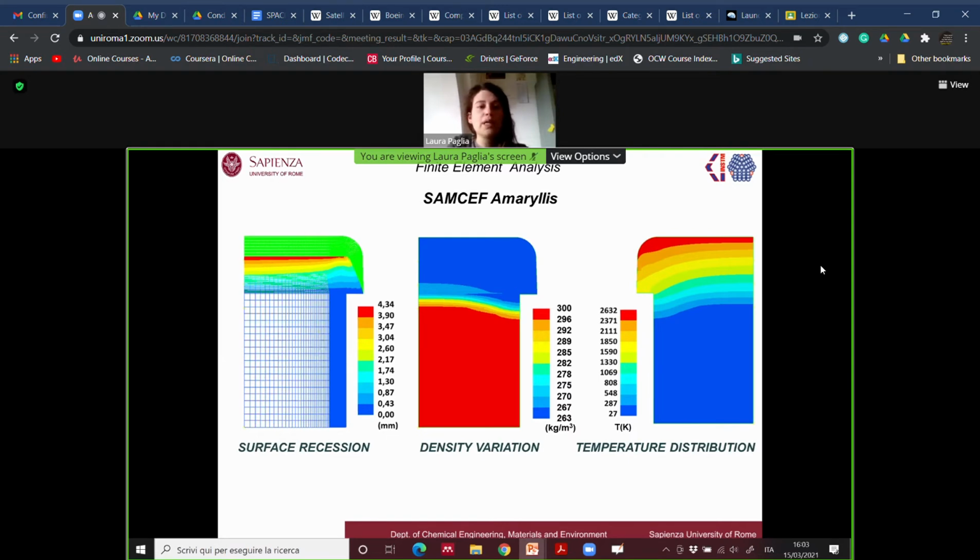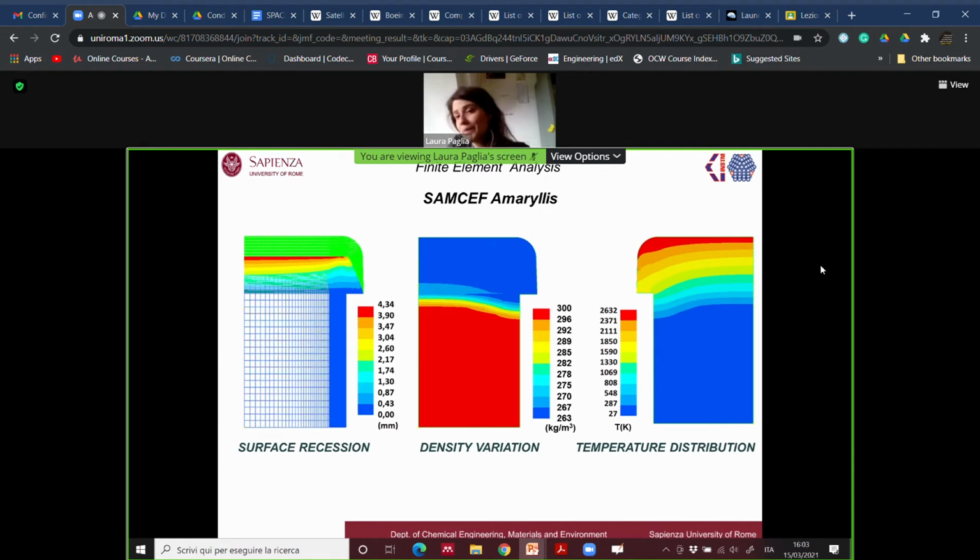Obviously, we used all the information of a plasma wind tunnel test in order to rebuild this behavior. Okay, but once I have a reliable model,